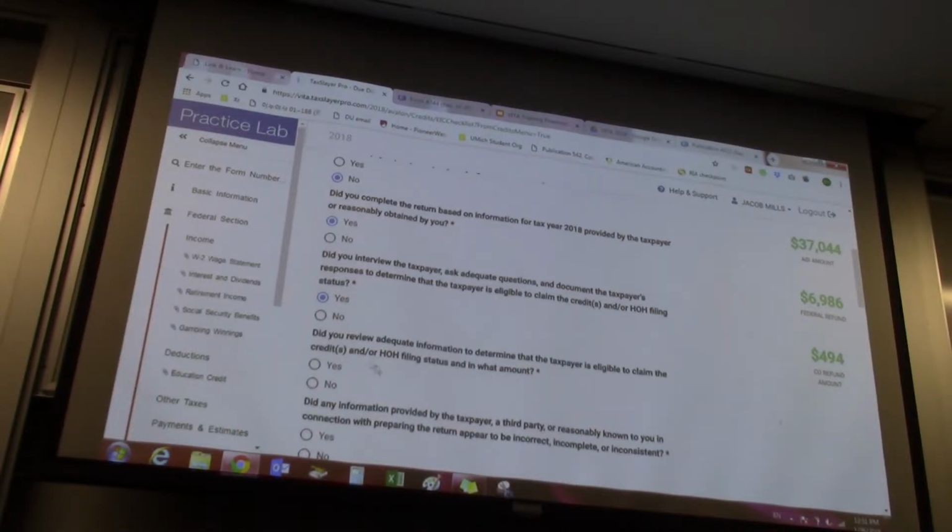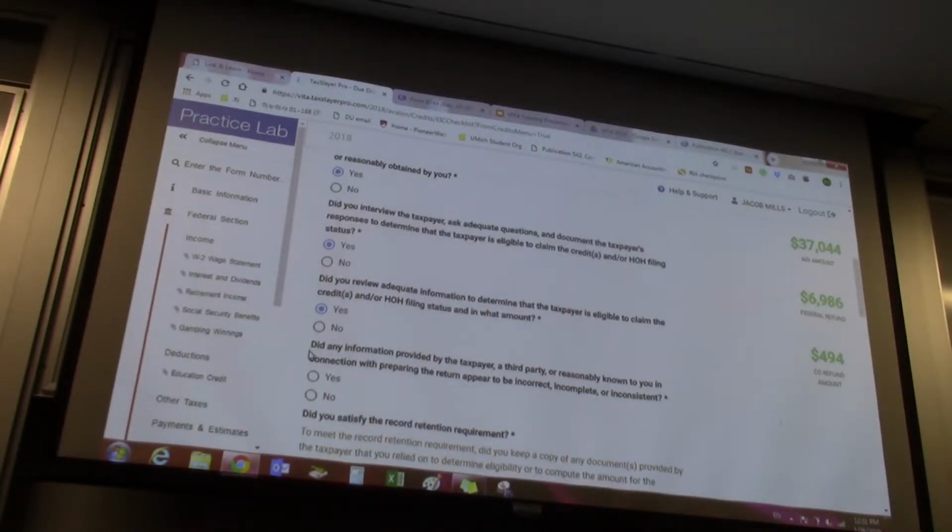So yes. Review adequate information to determine the eligibility to claim. We did review it. Did any information provided by the taxpayer or third party seem incorrect, incomplete, or inconsistent? It's a trick question, because there are people who just click yes, yes, yes, yes, yes. This is trick casting, you gotta say